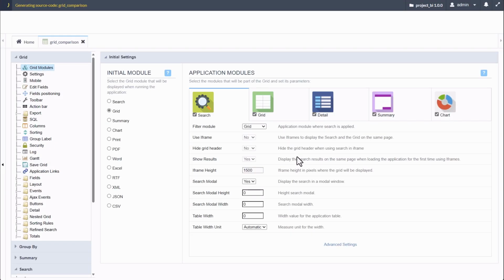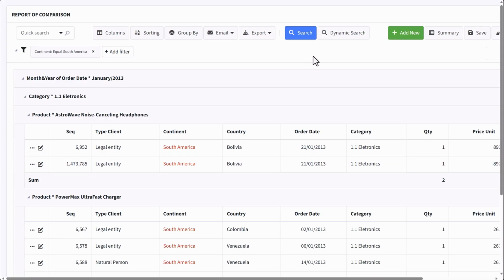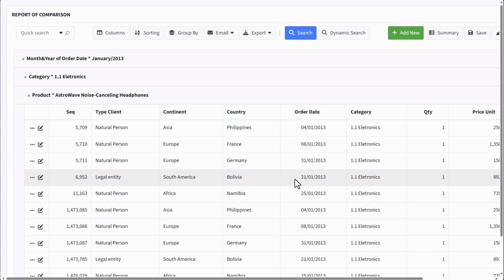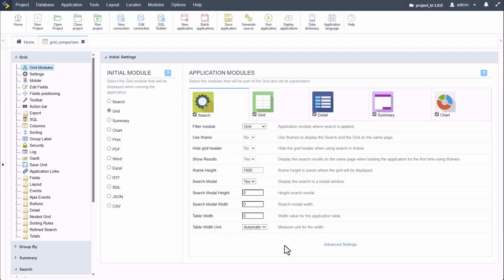So if I go ahead and run that now, for instance, I can then come here and click search, and it opens up in a modal window, which may be more suitable for certain situations or just the layout of your application. Okay, so once we are back here within our application modules and checking out the search,